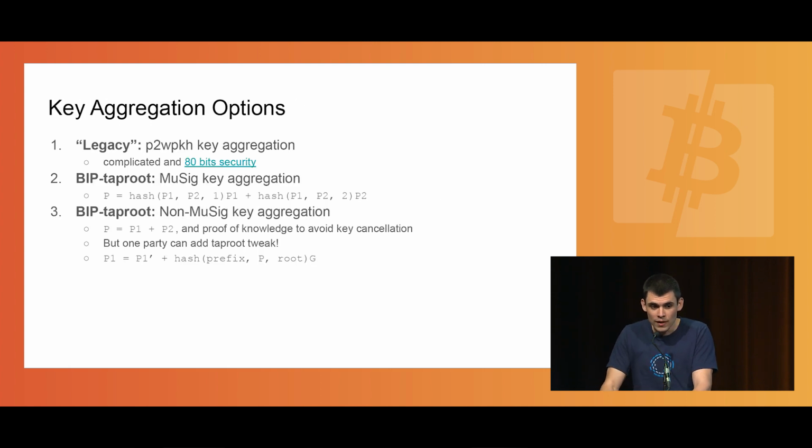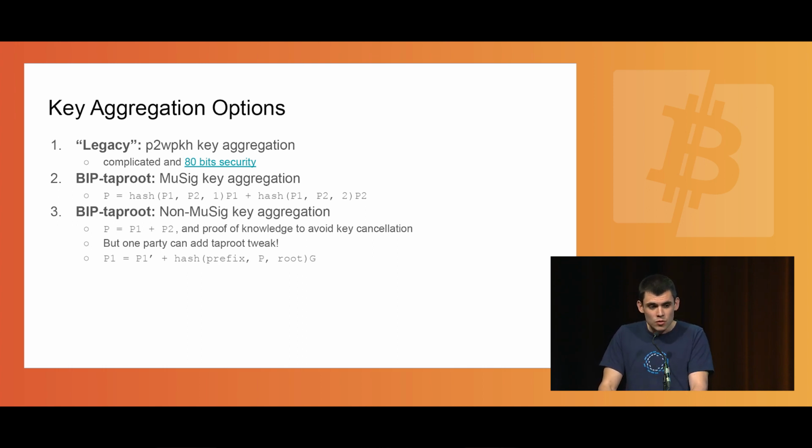You have a few key aggregation options. Even without BIP Taproot, there is right now the possibility, as some newer papers explain, to do some of the key aggregation with ECDSA. So you can use pay-to-witness pubkey hash for maximum fungibility. But this is relatively complicated. It uses new assumptions. It's relatively difficult to get right and avoid timing side channel attacks, and it only has 80 bits of security, which may be okay for many use cases, but still it's not the usual 128 that we want.